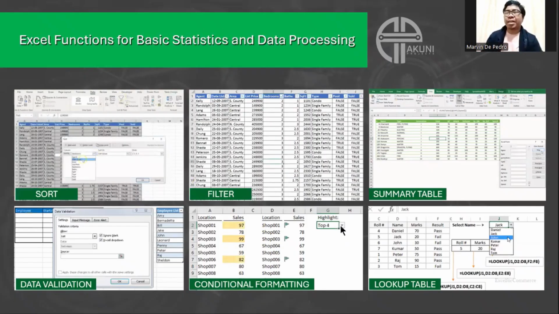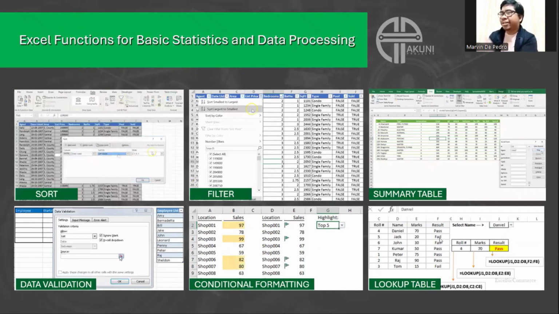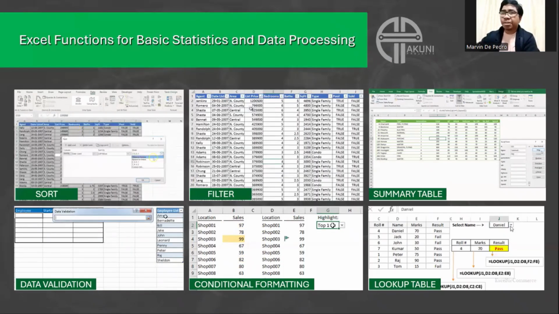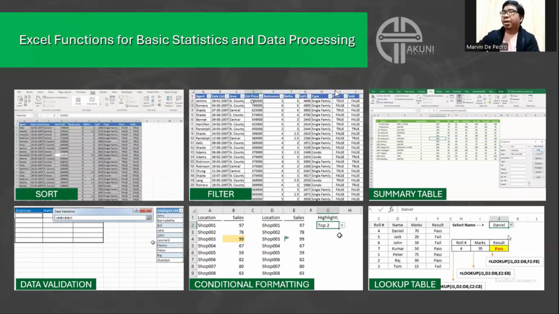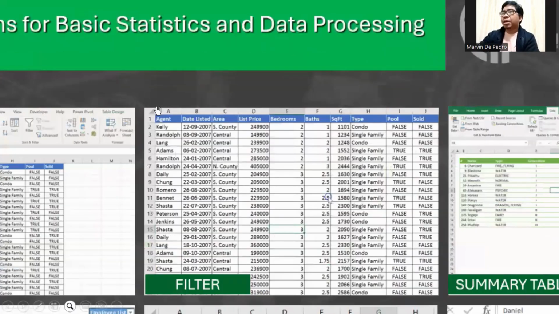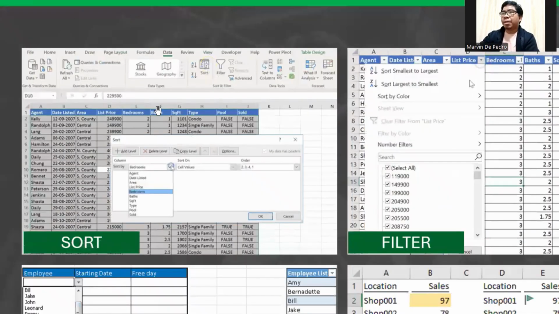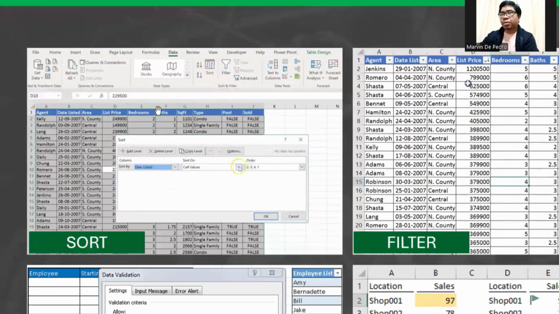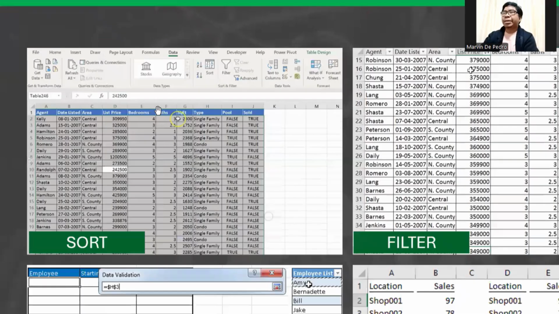That's data analytics. Okay, so these are some of the functions that most of us are going to encounter when we do data analytics. So I just tried to select the most common ones. So the first one is sorting. As the name implies, sorting.